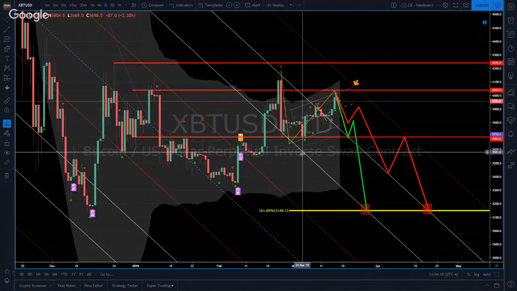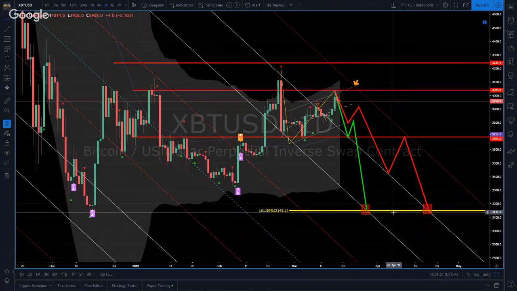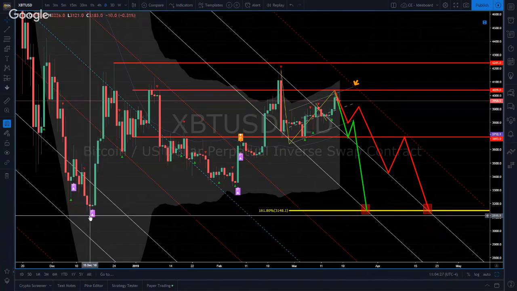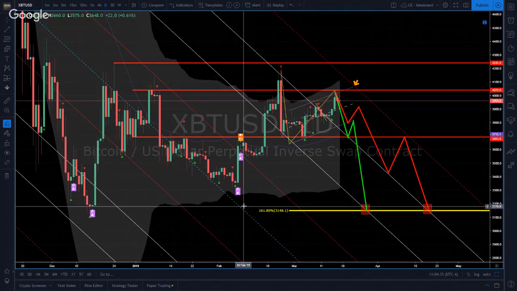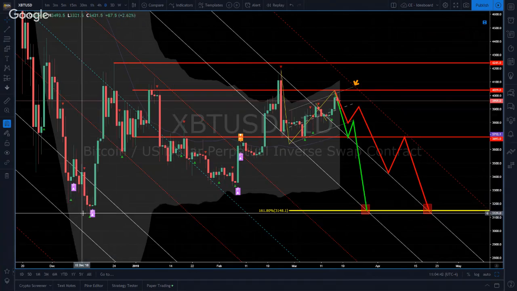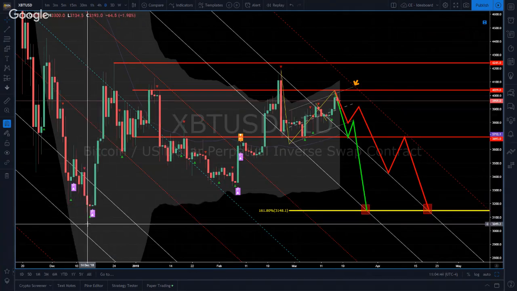All right, so what that actually takes us down to is basically the low that we had in December. It almost takes you exactly to where that is. I know what a lot of people have been saying is we need to retest the bottom. I'm of the opinion we do need to retest the bottom. I don't believe this was a test of that low. I think we have to go down there again to this level. Now, just because that's what I think doesn't mean that's actually what's going to happen. It's just what my sentiment is.